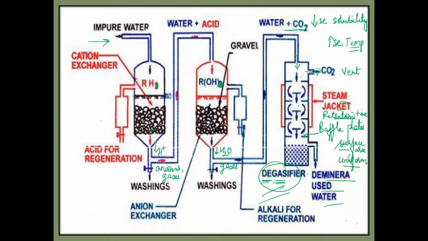Now, with that, I would like to explain to you that here first you have to get cation exchange, then you have to get anion exchange, and you cannot change the sequence. Like, you cannot place the anion exchanger first and the cation exchanger second. The sequence has to go like this only for better removal of the hardness. I'll tell you why. If the cation exchanger is passed first, your aim is done. In the very first container, the water is softened. Why would you like to add one more step in order to remove the hardness? So the first point is, you need to treat cation first because that is what you want to remove.